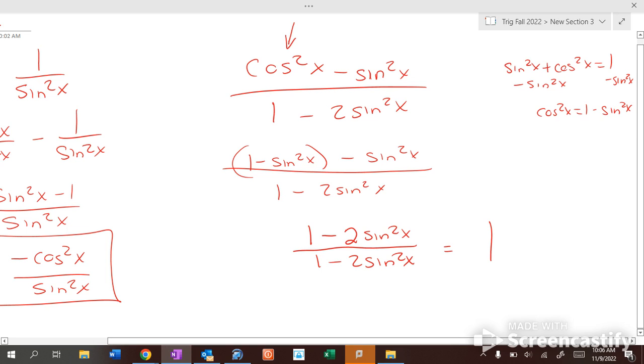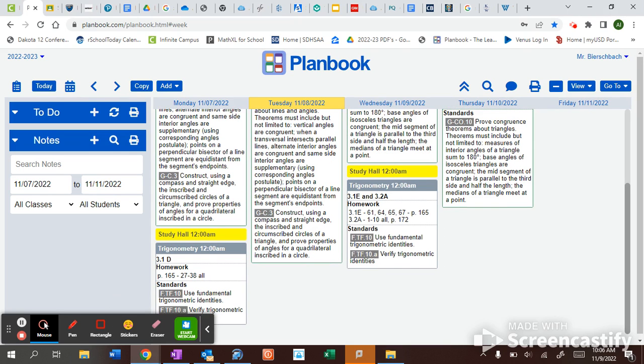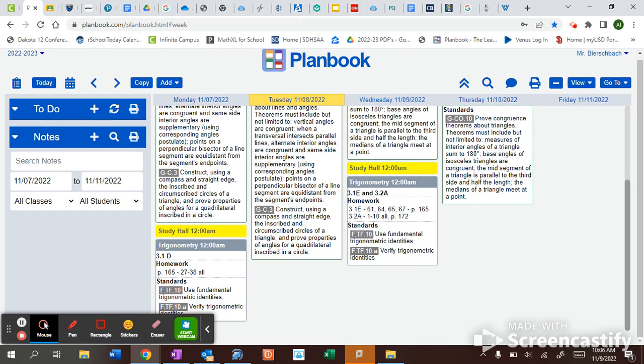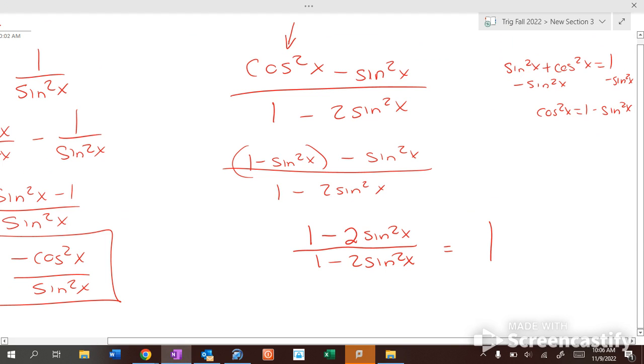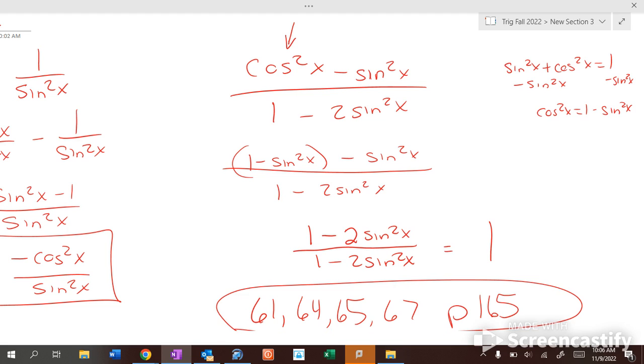Okay? Now, I want to see how you guys do at this. So, there's 4 problems: 61, 64, 65, 67. 61, 64, 65, and 67. On page 165, it's the last assignment of this section. Okay? And so do those 4 problems, and then in 15 minutes or so, we'll go over the next little bit,